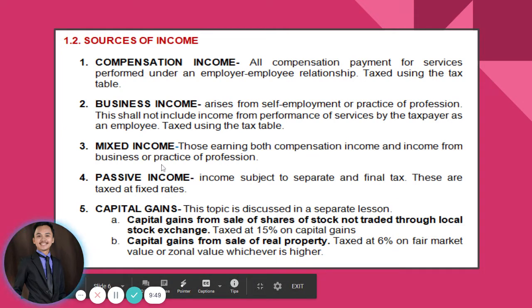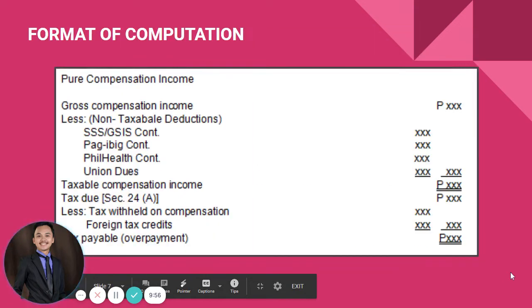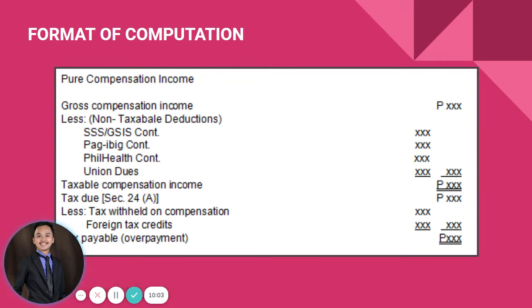In our next video lecture, guys, we will be discussing passive income and capital gains in emphasis. But this time, let us continue with the format of your computation of taxable income and tax due